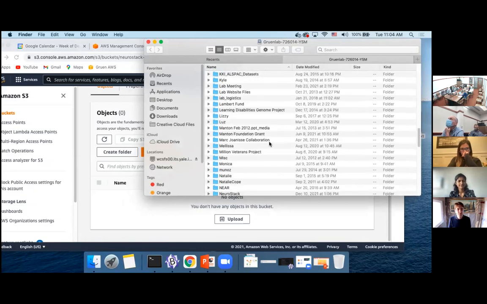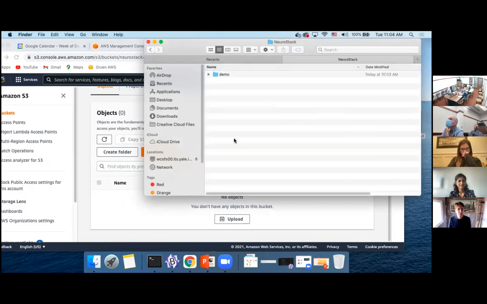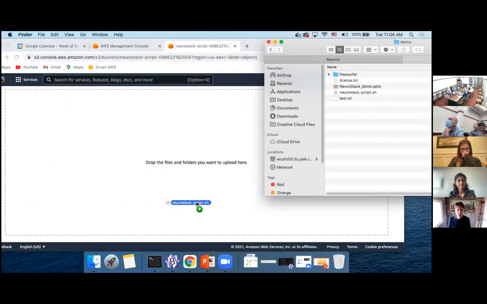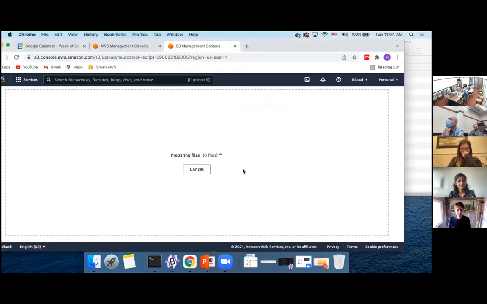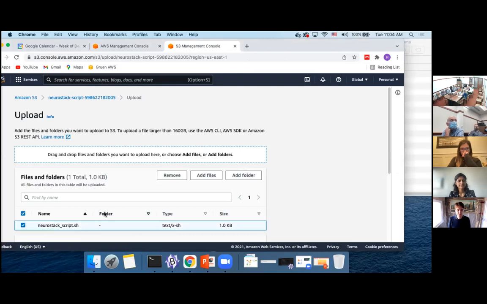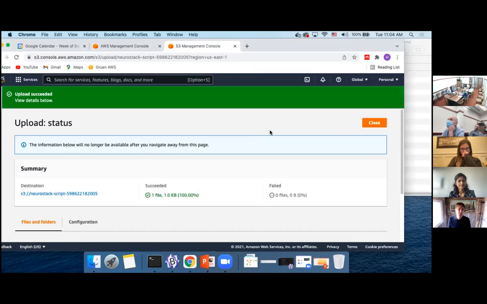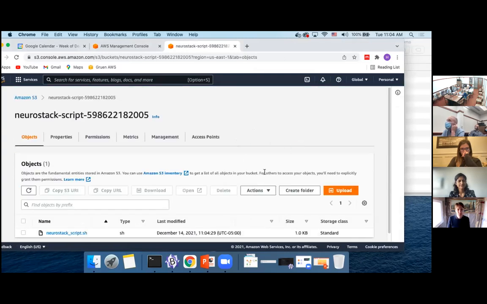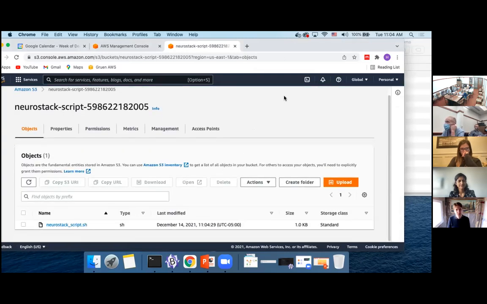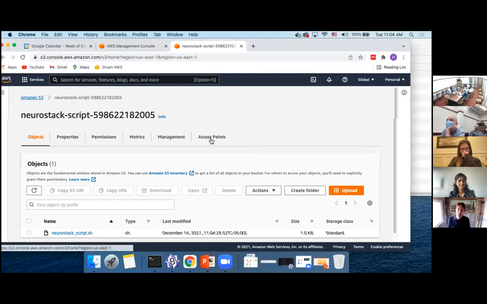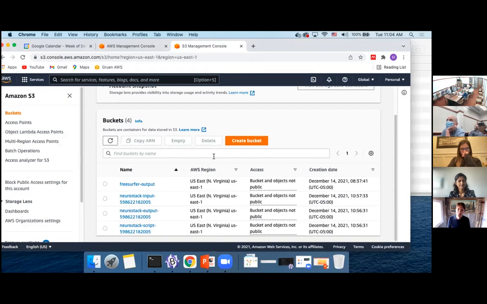I have all of this on the share drive under this folder, NeuroStack demo. So I'm going to take this NeuroStack script and I'm going to put it in my script bucket. Oh, you just moved it from the shared drive right onto AWS. Right onto AWS, yeah. Cool. If you have lots of data to move, with the AWS CLI there's more efficient ways to do it, but if you're just working with a couple files and they're not too big, then